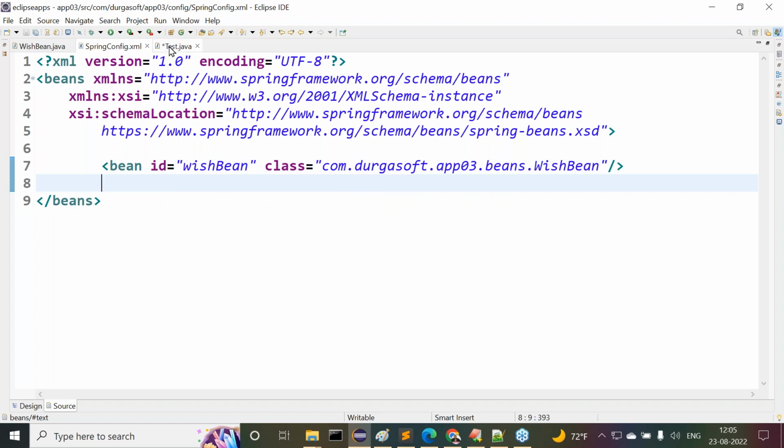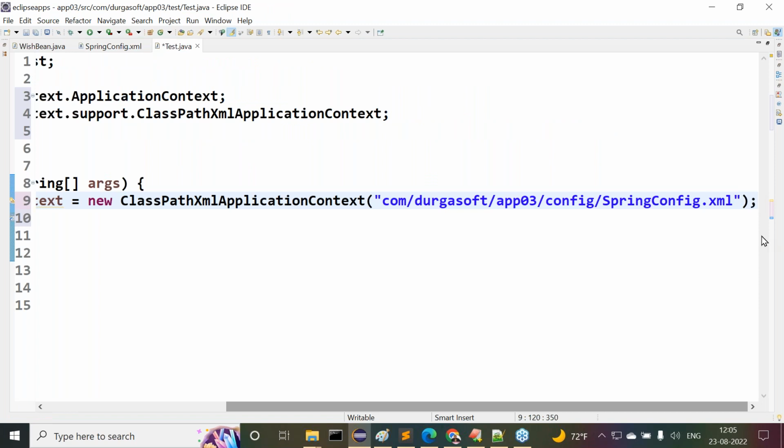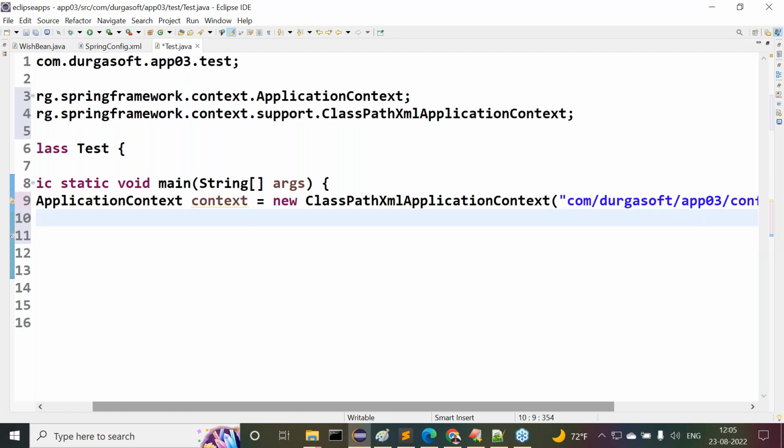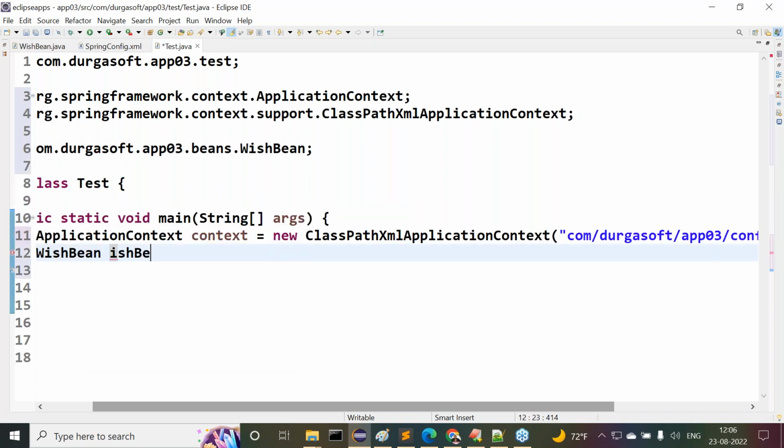Next point: in the test application, we have to get the bean object. The bean object is already created inside this ApplicationContext. There we have to get the bean object. Which one? Right now it will be the wish bean object. Observe carefully. Now what are we going to do? WishBean wishBean is equal to,